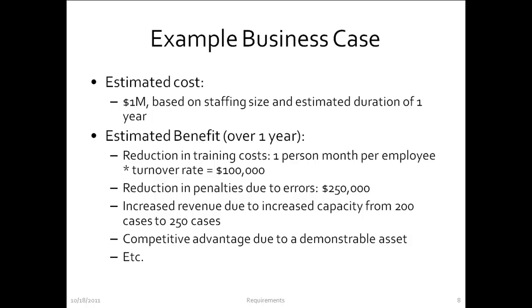So adding all that up meant that we could see a dollar return of about $700,000 in the first year of operation itself. So the thinking was, hey, if we build this system and spend $1 million, then within a year we'll have made back most of the money, and in 2 years we would have certainly made back all of the money. But there was also a soft advantage, a non-quantifiable advantage, which was